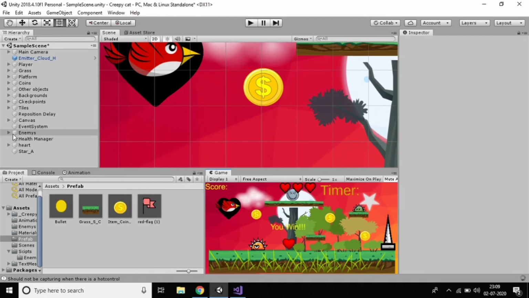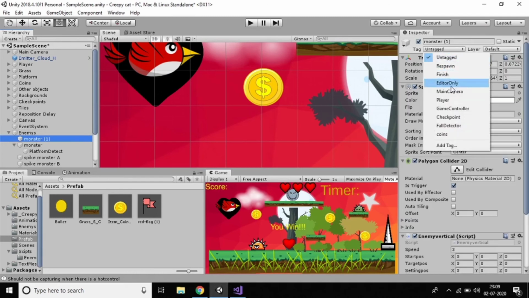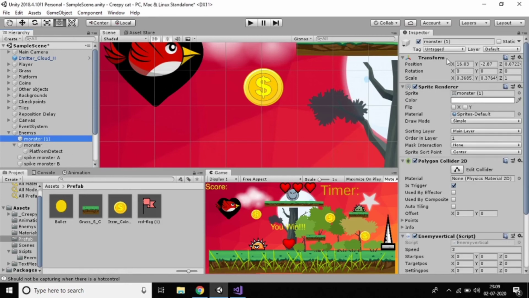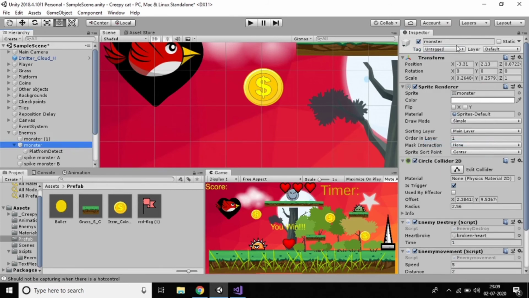And don't forget to give every enemy that tag. Just go here, click add tag, and create a tag with the name enemy. Save here and go here and add the tag enemy. Don't forget that the name should have a capital E and everything should be the same.